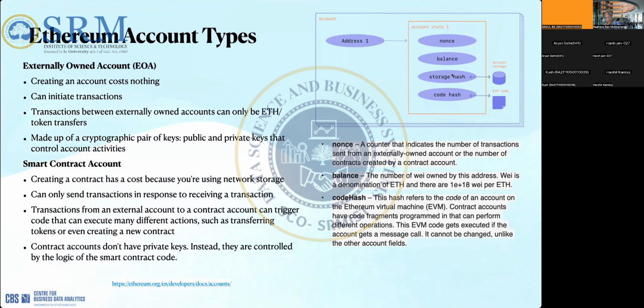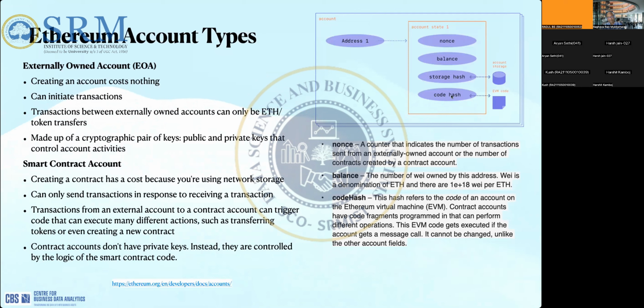What this means: let us say that you made 10 transactions from this account, right? Then all the transactions will be stored in this storage account using the Merkle Patricia tree, and this hash value will be stored, right? So each account also contains the history of whatever transactions it made.